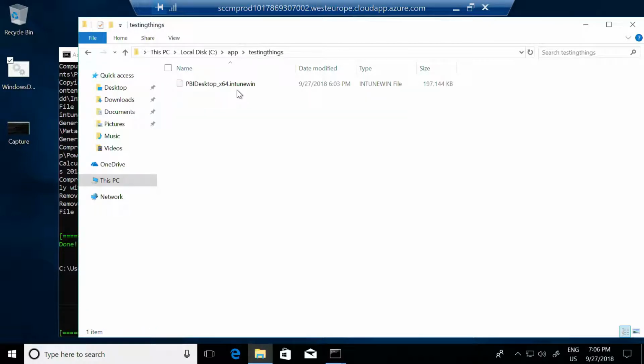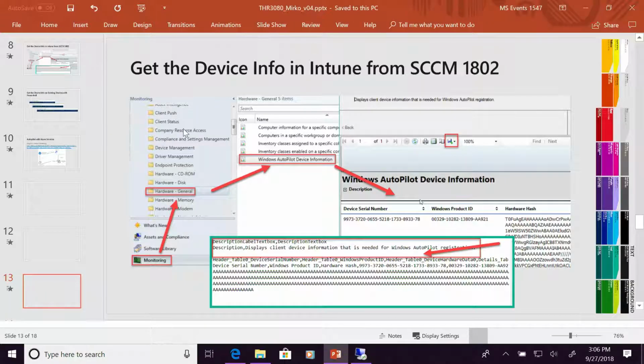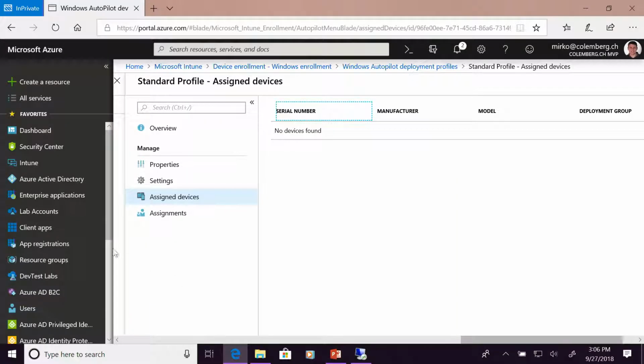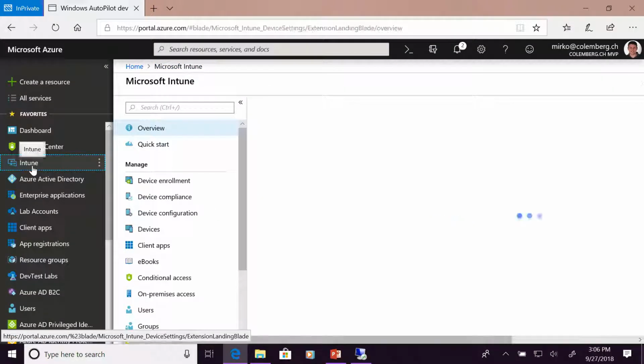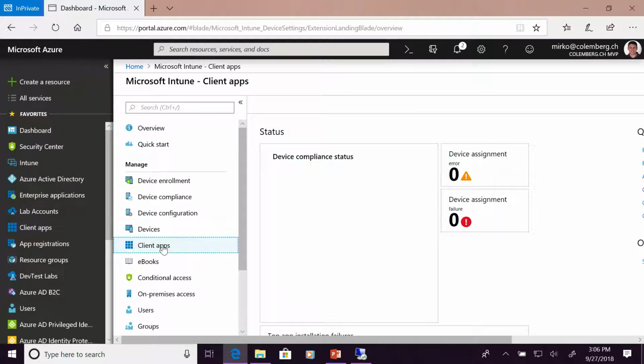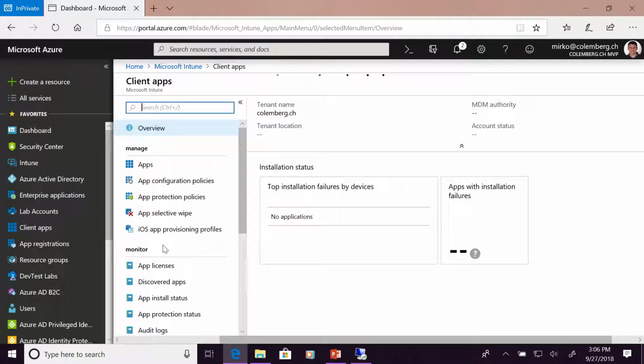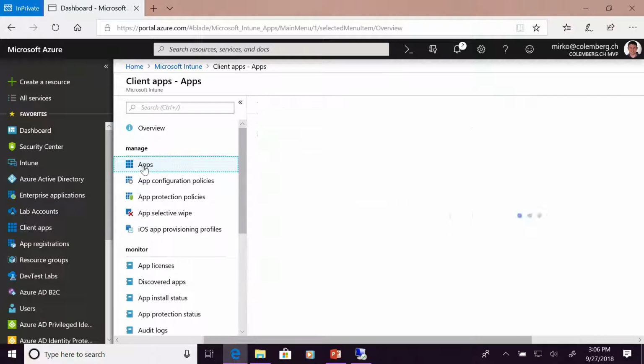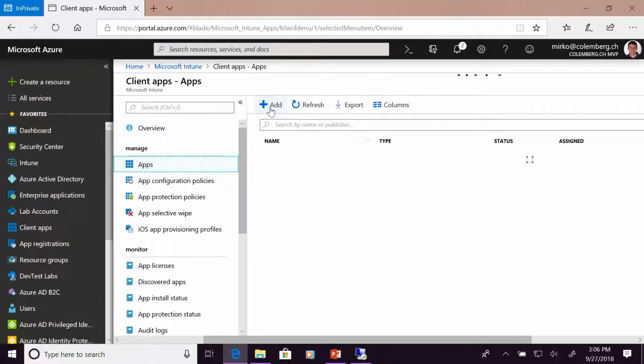So you can see the extension Intune Win. You can get that file uploaded to Intune. Let me show you that now. When we go back to Intune, go to your application, client apps, and select the apps, add an app,